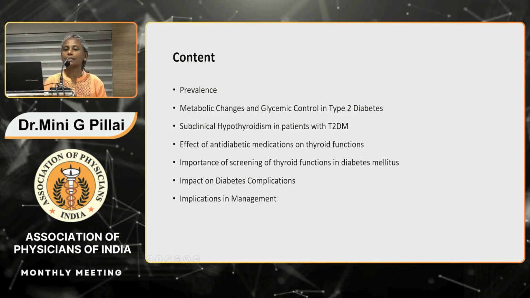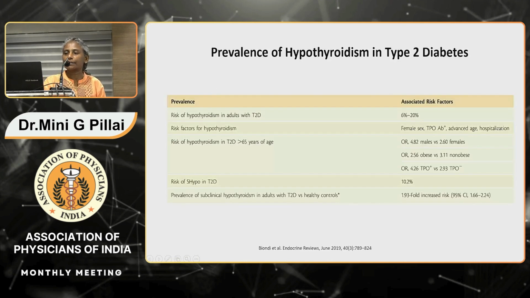This is a brief talk covering diabetes and hypothyroidism in general, not only the treatment aspect. So this will be the basic flow of contents. Coming to the prevalence of hypothyroidism in type 2 diabetes, the risk of hypothyroidism in adults with type 2 diabetes is around 10% in most studies, and risk factors for hypothyroidism in type 2 diabetics are female sex, TPO antibody